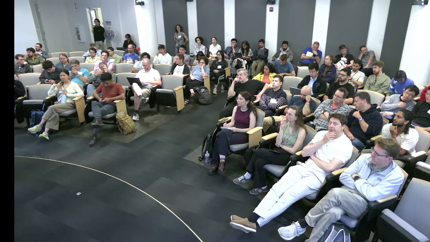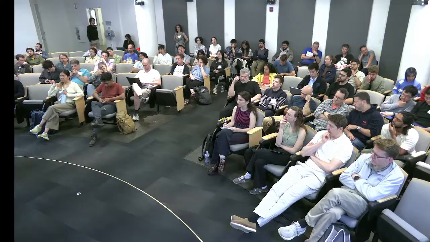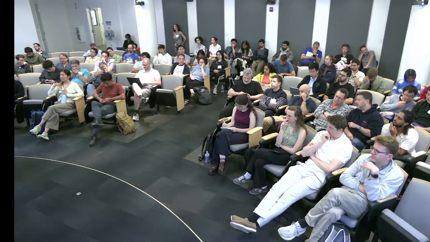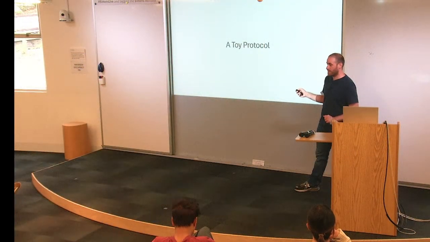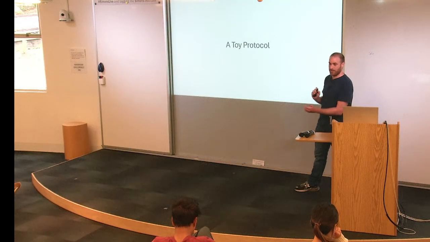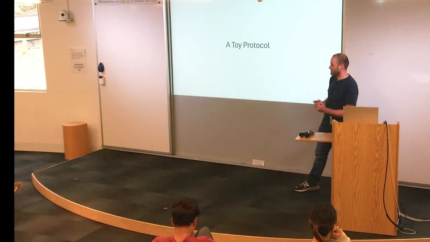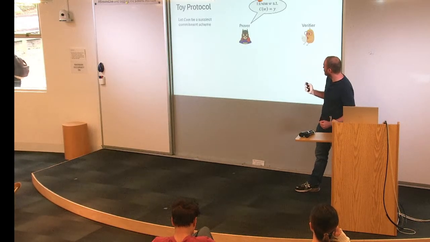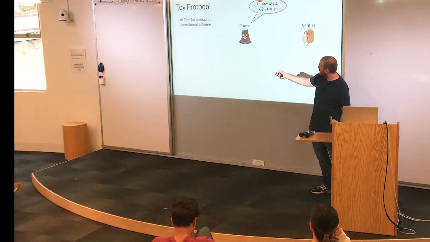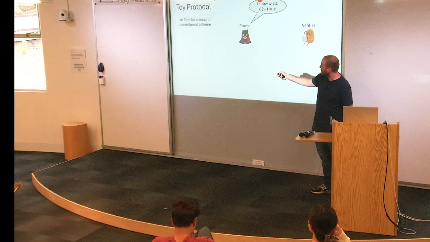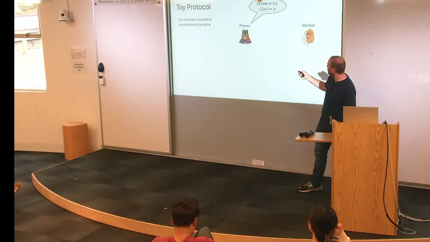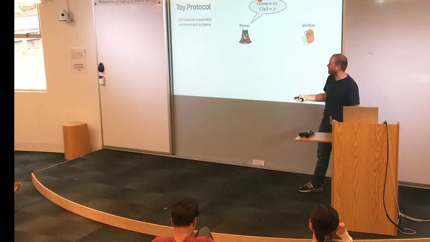Okay. So I'm going to describe a toy protocol. It's not necessarily the simplest protocol to show this attack, but it's formulated in a way that makes sense, especially for the GKR attack and for how these things might be used in practice. So what is the protocol? We have a succinct commitment scheme, and we want a prover that proves that it knows W such that C of W is equal to Y. It's going to be a very stupid protocol.